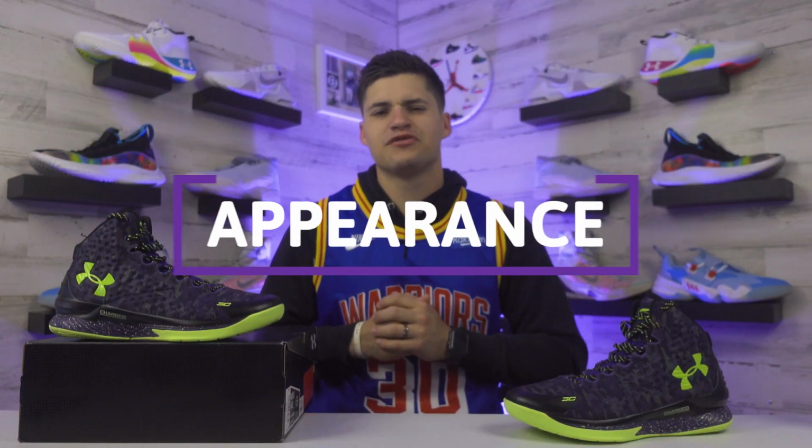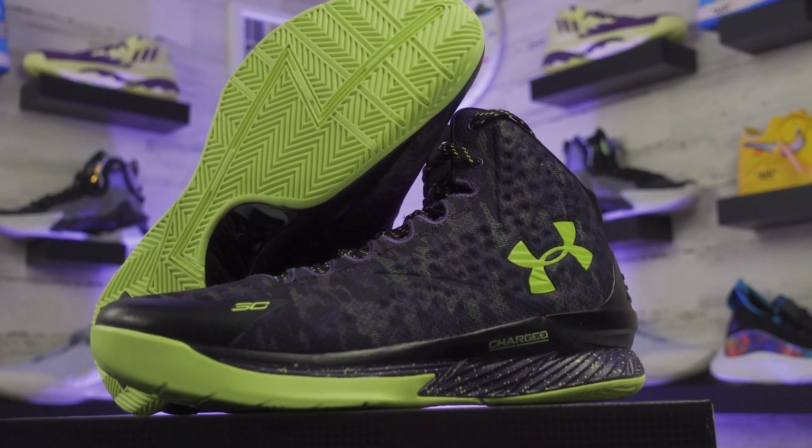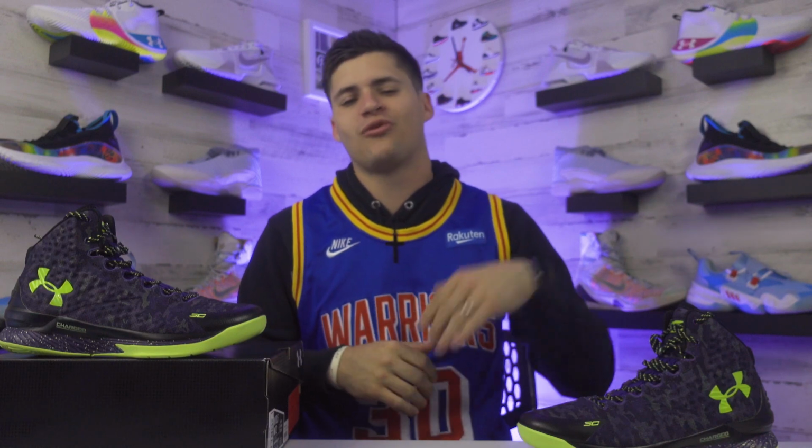So checking out the appearance, first I do want to break down the colorway for just a minute because it is pretty deep and I actually love it a lot. This is the Dark Matter Curry 1, and just a little background on how this colorway came to be: dark matter is believed to make up 80% of the universe and is comprised of materials that cannot be directly seen or observed by scientists. They kind of relate this to Steph's game, meaning a lot of what he does is deeper than basketball, which helps him perform at an all-time great pace,